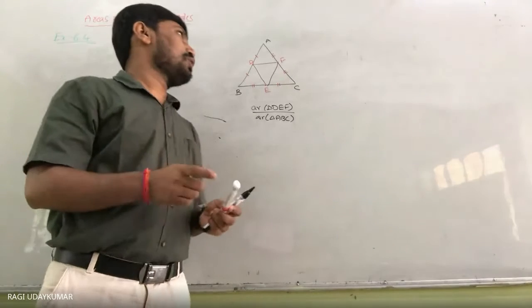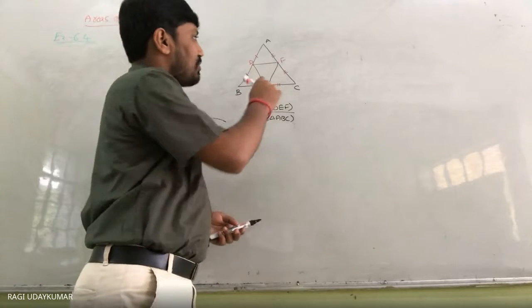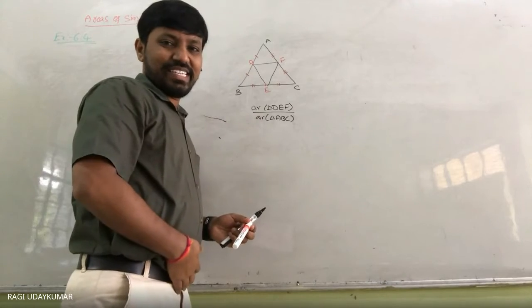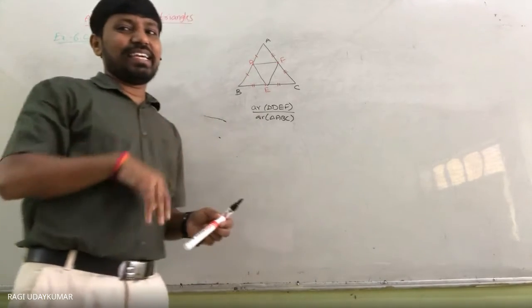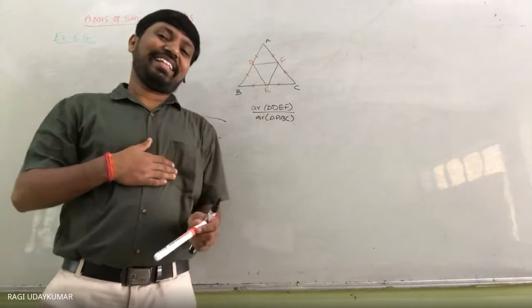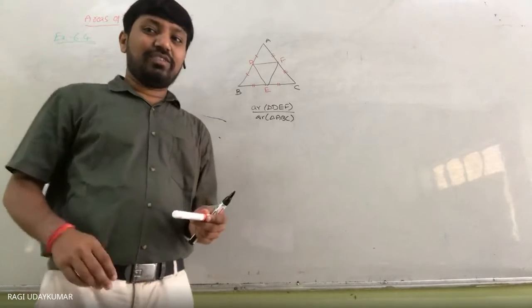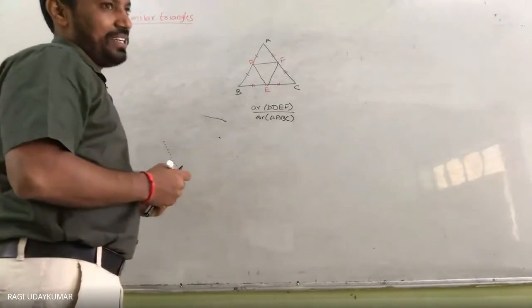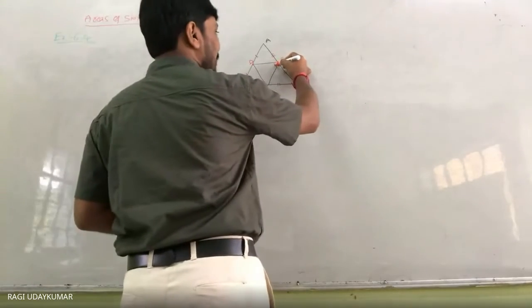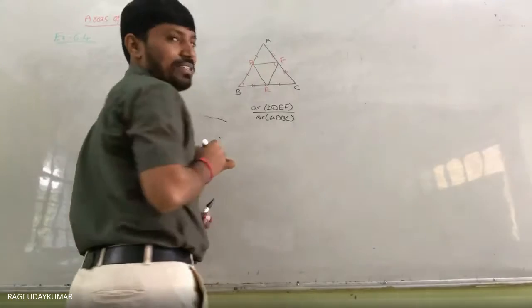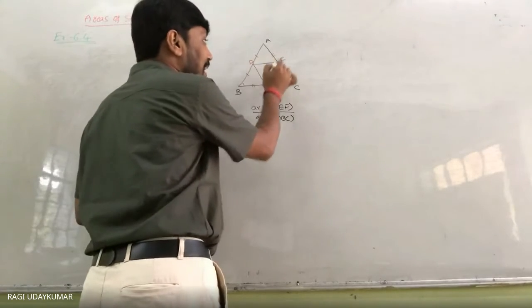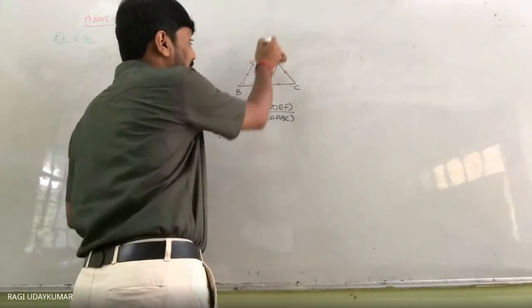Okay, if they are parallel, what do you take? DE is a transversal. What is the need of taking the parallelogram? Sir, opposite angles will be equal. Yeah, very good. Opposite angles are equal. So when you are taking the opposite angles concept here, this angle will be equal to this angle. This is the angle in triangle DEF. This is the angle in triangle ABC.